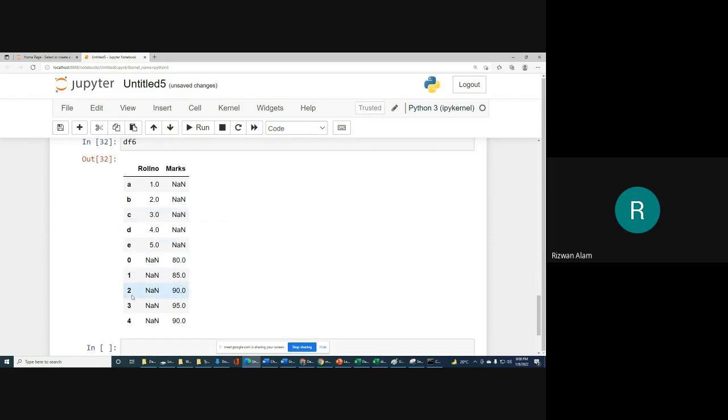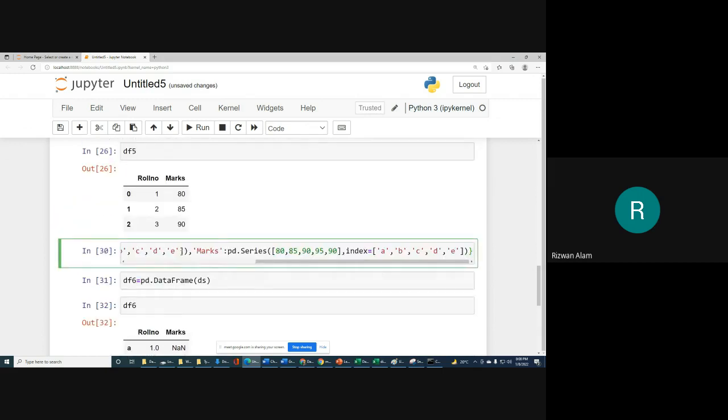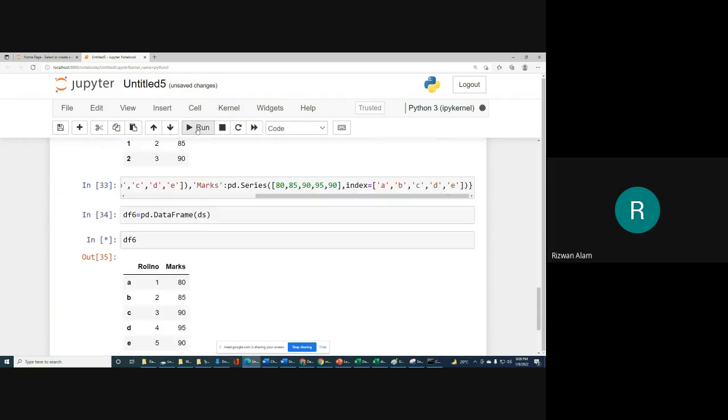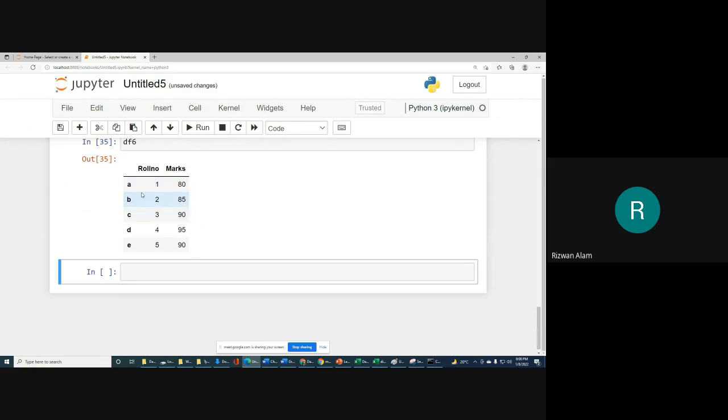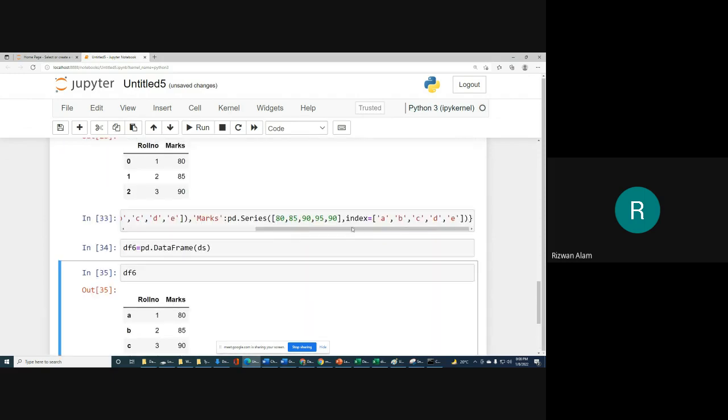Otherwise, it will automatically be 0 1 2 3 4. Sometimes we want to customize, and then you can do it like that. So now it is okay. You will see that in place of 0 1 2 3 4, which is actually the row number, you have A B C D E, and accordingly you have roll number and marks. I hope you got this point.